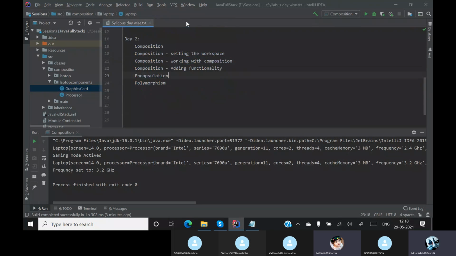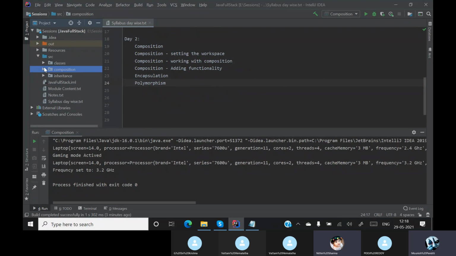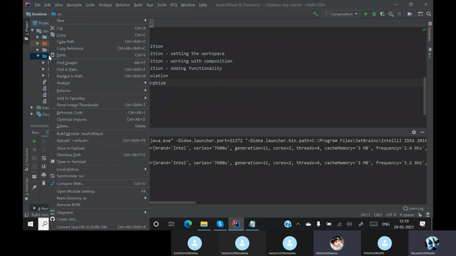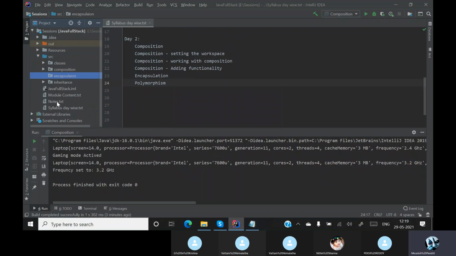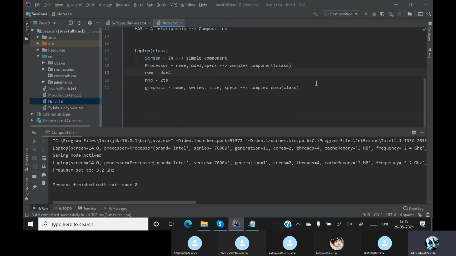What do you mean by encapsulation? Binding the data together. I am pretty sure that is not the definition I told you. What do you mean by encapsulation?